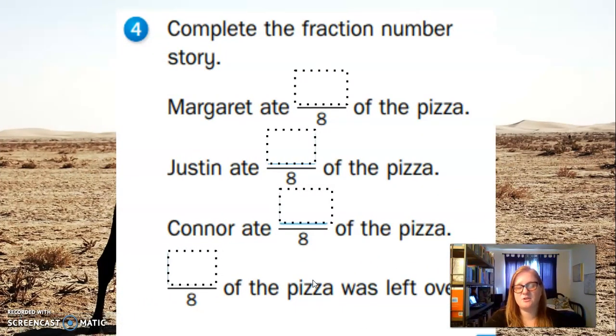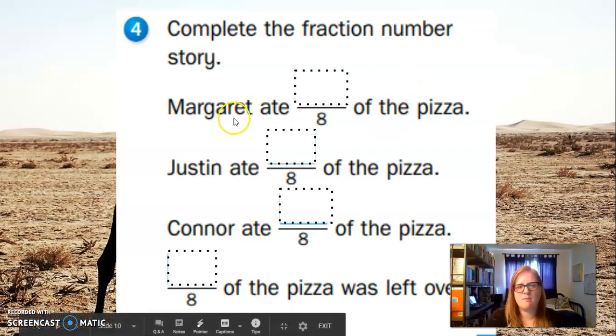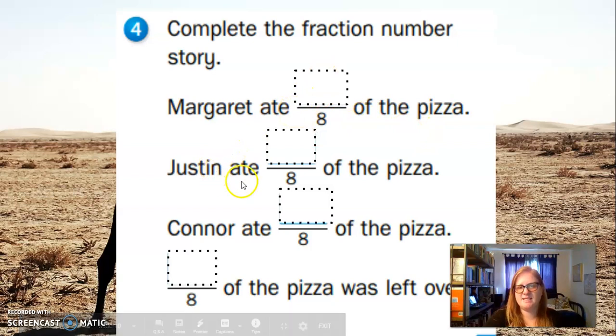Complete the fraction number story. Now this is pretty cool because you can actually start with whatever fraction you want. And so all of you guys are going to have different answers because you get to kind of create this. So for instance, Margaret ate, maybe she ate 1/8 of the pizza. Justin ate, maybe he also ate 1/8 of the pizza. Or he ate 2/8,